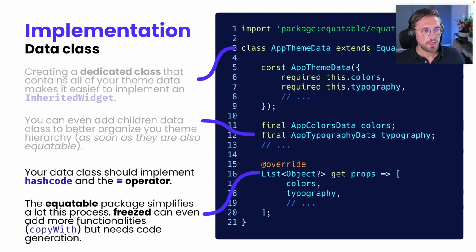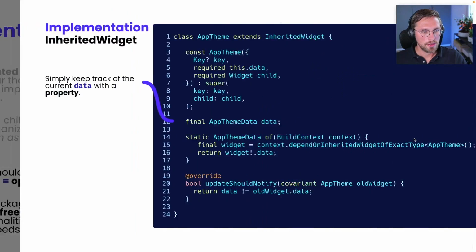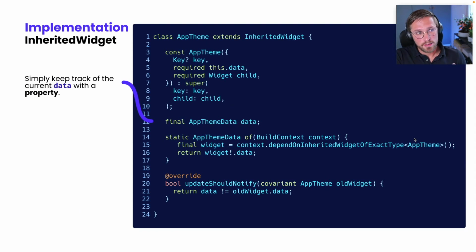and so on. The only thing you have to make sure is to implement the equal operator and the hashCode, because this will allow us to compare our instances by value and to notify the other widgets very easily just by comparing instances. To implement this, I highly recommend Equatable or Freezed, which makes things a lot easier to implement. If you create a data class like this, it will be really easy to implement an inherited